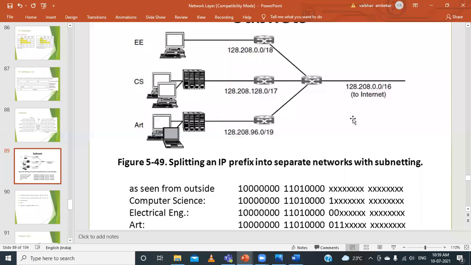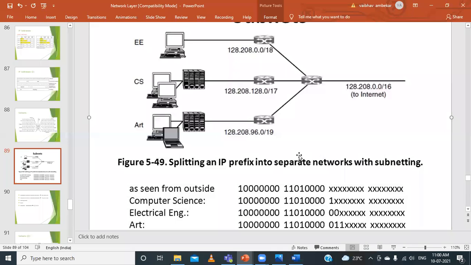Okay. So starting 16 bits are common means what? The remaining 16 bits... What is the total length of the IP address? 32. Yes or no? Can you all remember? What is the length of the IP addresses? How many bits? 32, right?